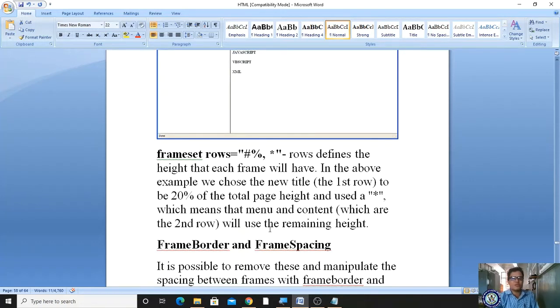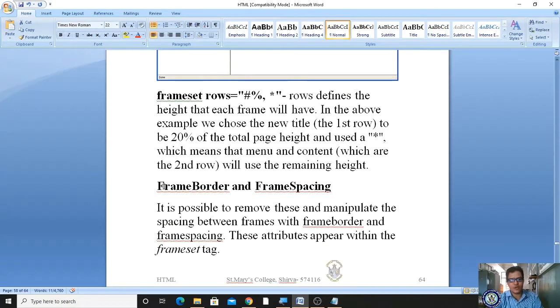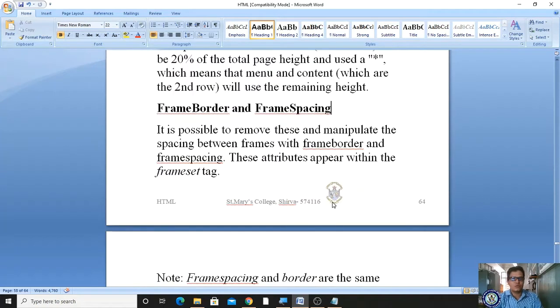Also you can specify some attributes of framesets. Here frameborder and framespacing exist. You should understand what a frameborder and framespacing are.